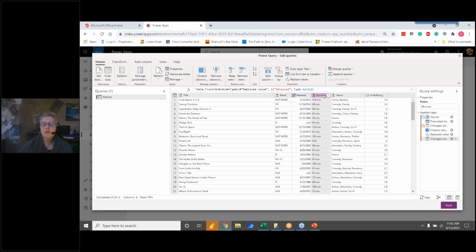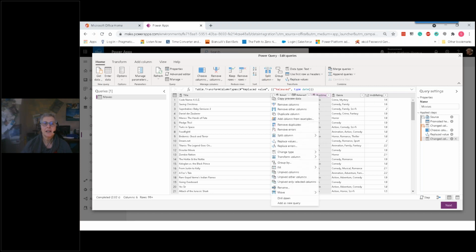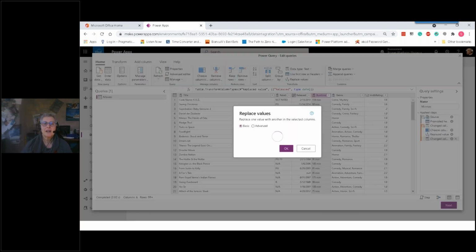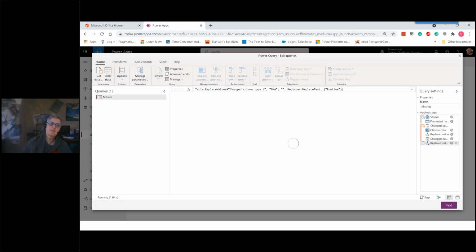And then in this column that says runtime, it's got MIN. And there's also some NAs. So the first thing I'm going to do is right click and replace values, and I'm going to replace NA with nothing. And I'm going to tell it OK, because I learned that lesson a second ago.